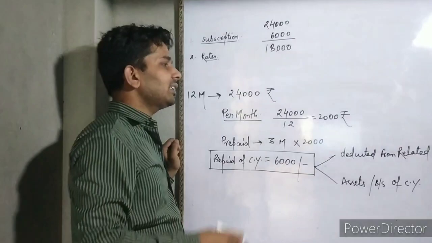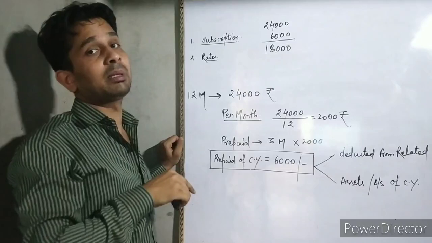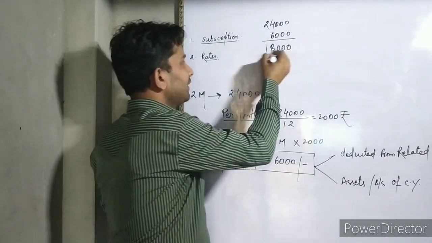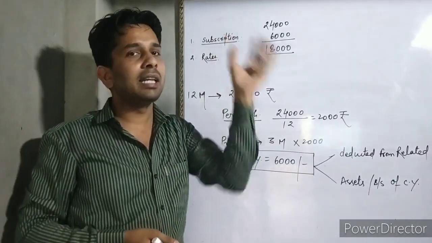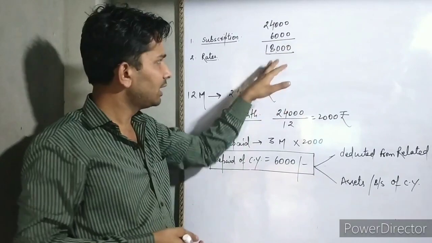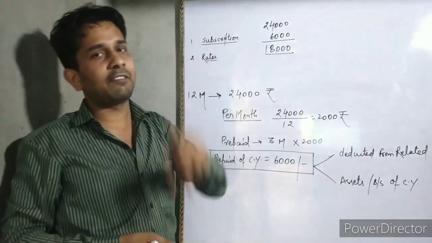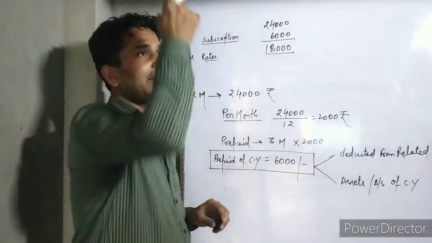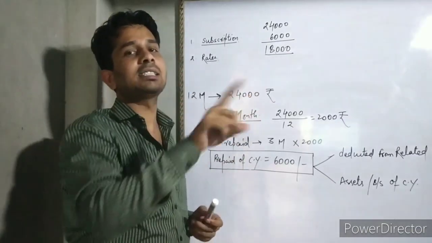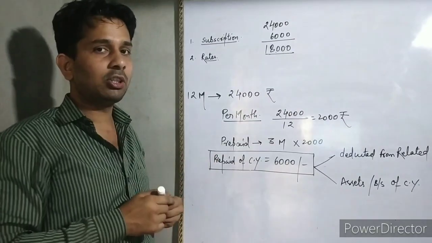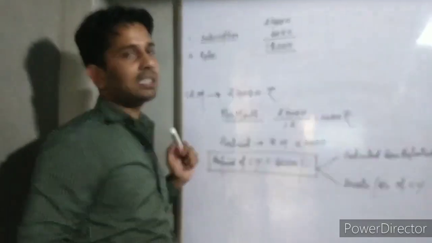But the question is saying that for the 12-month period we have to pay at the rate of 2,000 per month. So if only 18,000 remains for the current year, it is of only 9 months at the rate of 2,000. Where did the 3 months go? Definitely someone came last year and paid 3 months in advance as well, because the current year has to be 24,000, but if we deduct that 6,000, it will remain only 18,000.